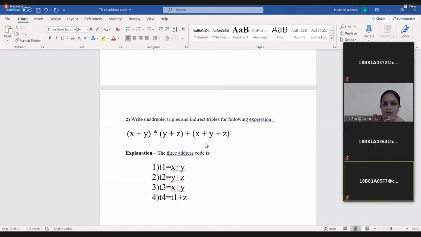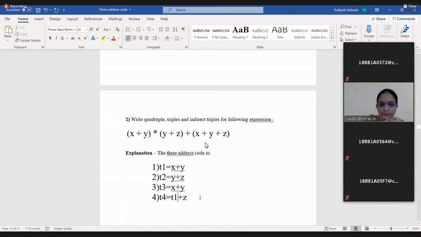Already in t1, x plus y is available, right? So instead of computing it one more time, we can decrease the lines of code. We can optimize the 3 address code: if we reuse the result, we can decrease the number of statements in a 3 address code. So either you can take it like that, or else you can reuse this t1.